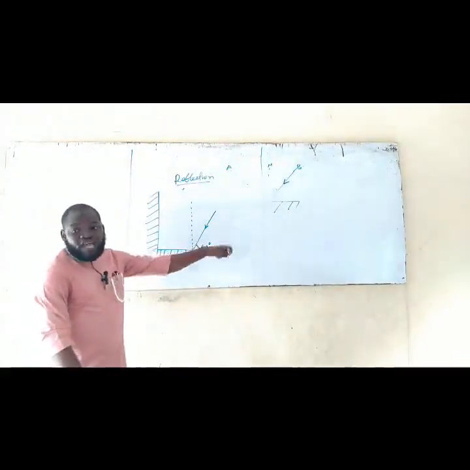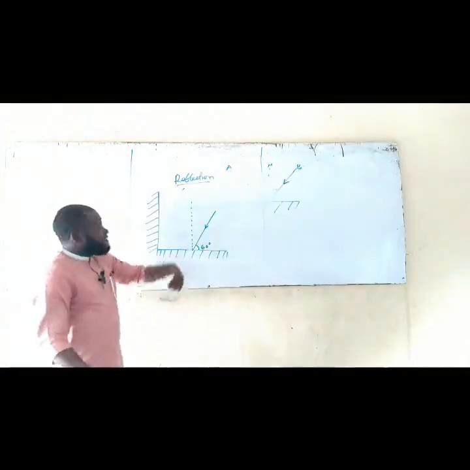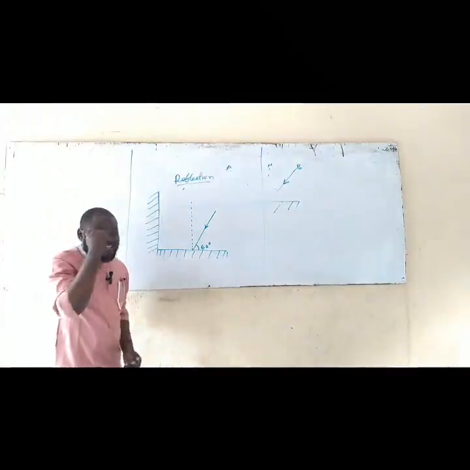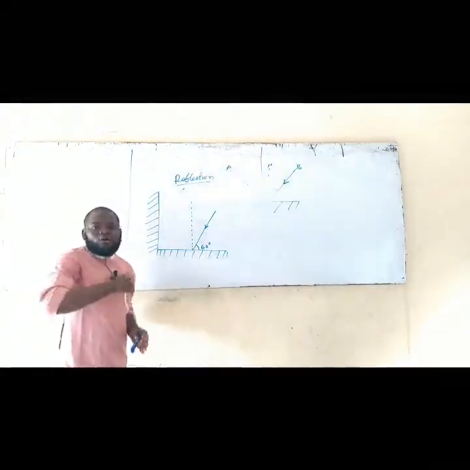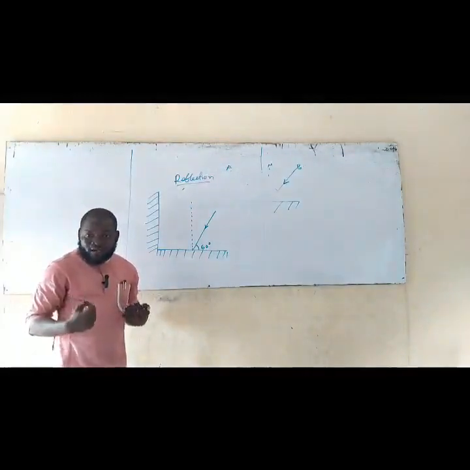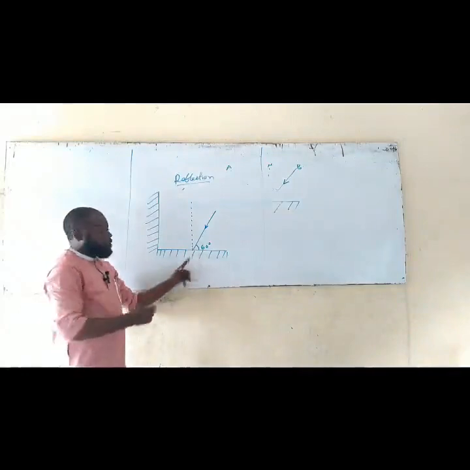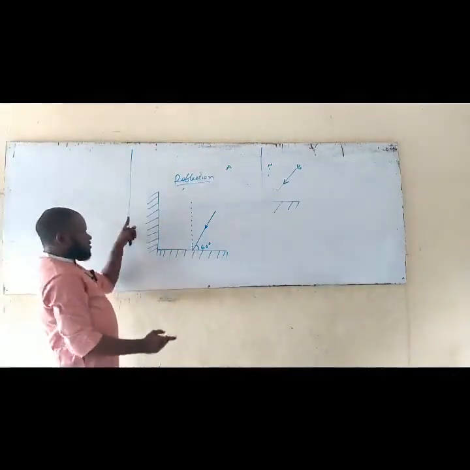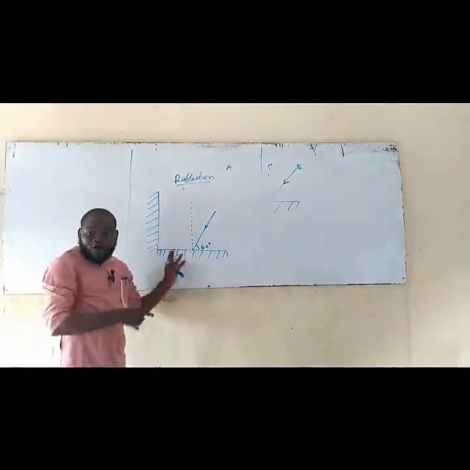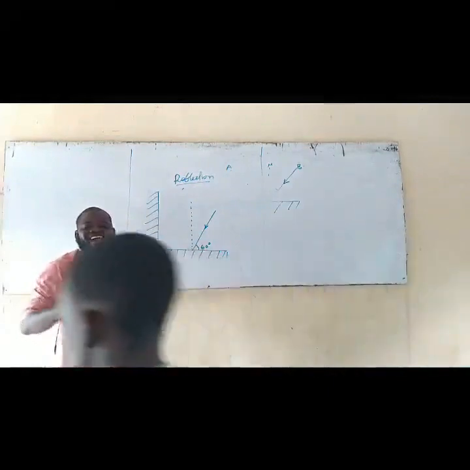We are asked to look for the angle between the inbound ray and the exit ray. The inbound ray is the ray that strikes, which is this one. Are you getting it now? The exit ray is the ray that goes out, where there's nothing to reflect it again. Am I making sense now? That is the ray that finds its way out of the boundary. This one is still in the boundary. When this one strikes here, it's going to strike again. So the ray that is able to make its own way out of all this,